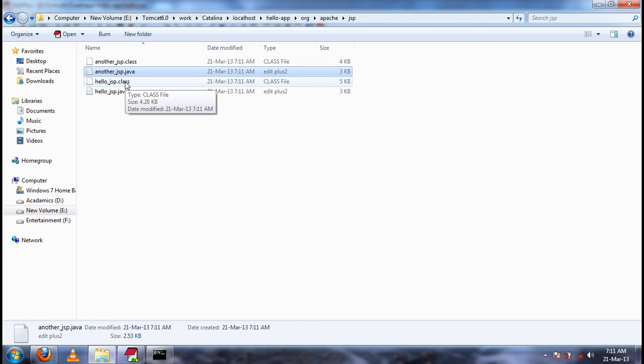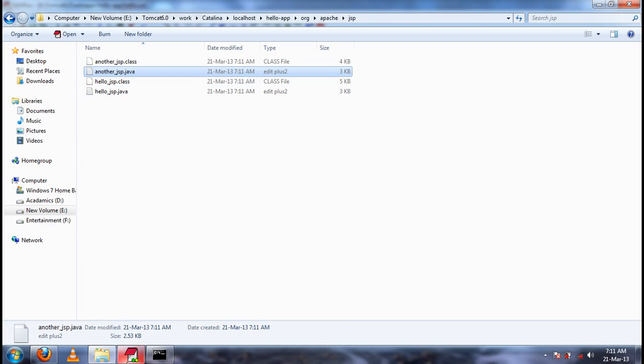So the source and target will be separately translated, separately compiled, separately loaded, but at the time of execution, by making use of request dispatcher.include, the request will be transferred from source to target. Understood how it happens?